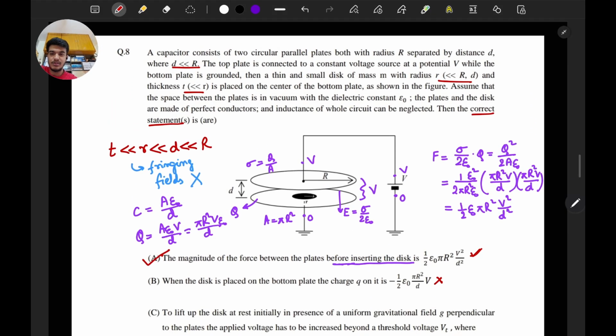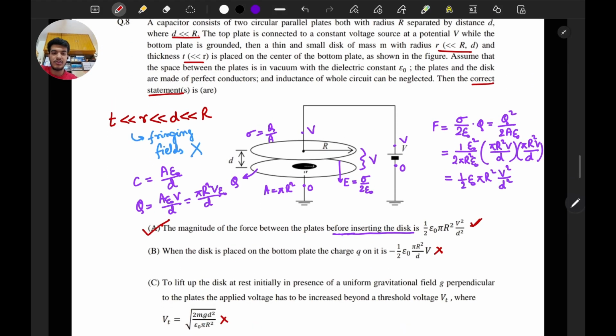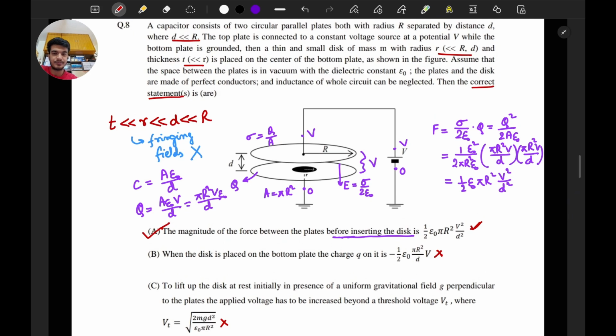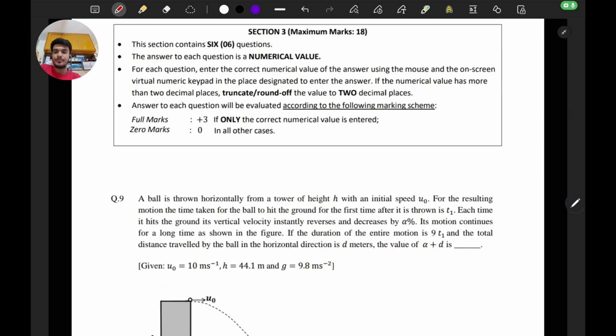So we are done with the second section as well, which is the multi-correct answer type question. So let us move on to the next section, which is section 3, which is basically numerical value type, where you have to answer in decimal points. The marking scheme is +3, 0, and you all know those things, so I'm not going into that. And now let us move on to the first question of this section,